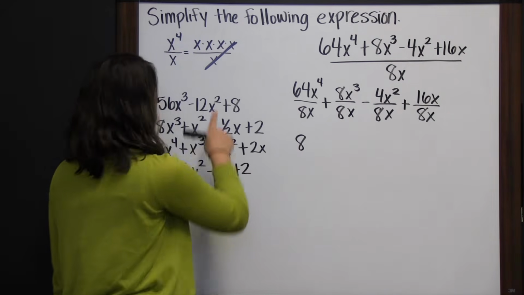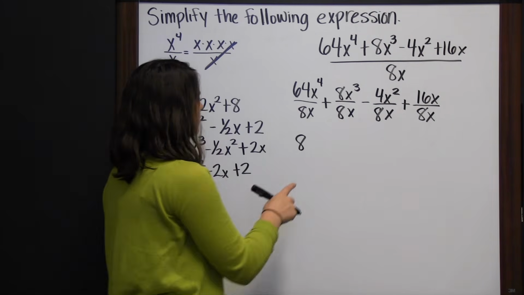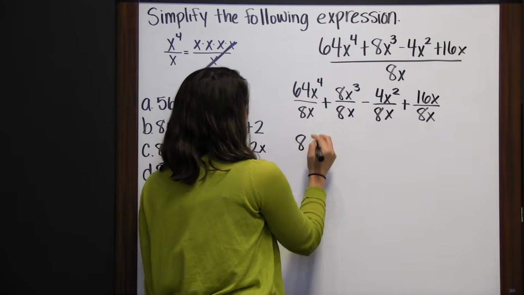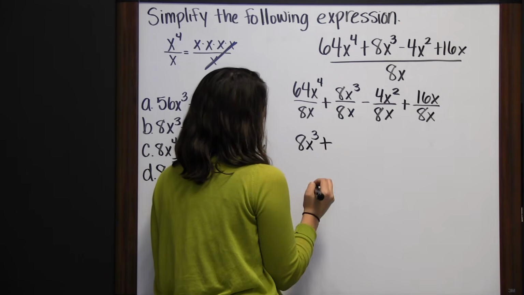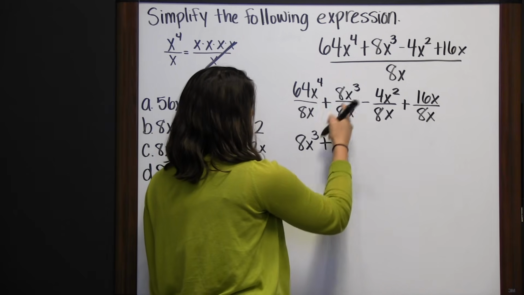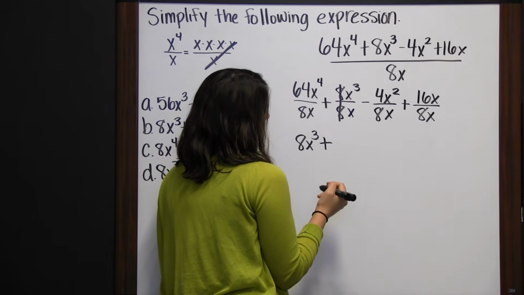And what you're left with is x cubed. So x to the fourth divided by x is x cubed, plus 8 divided by 8 is 1 times,